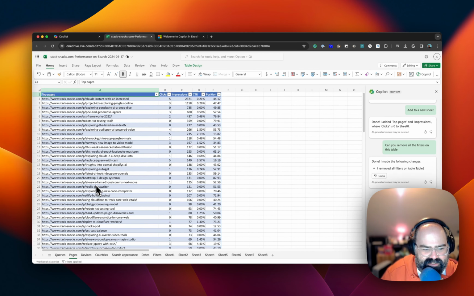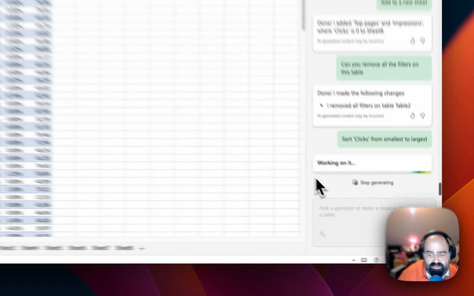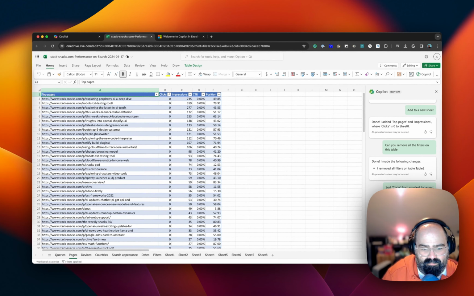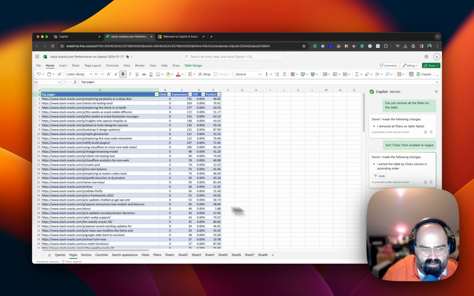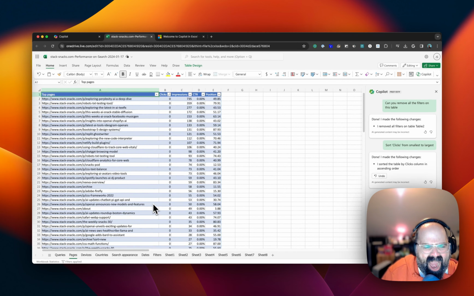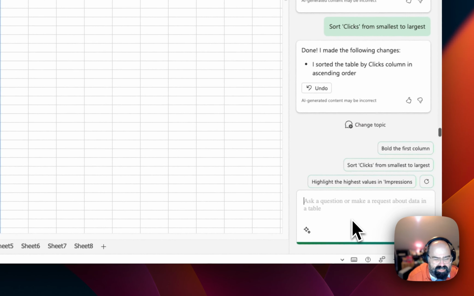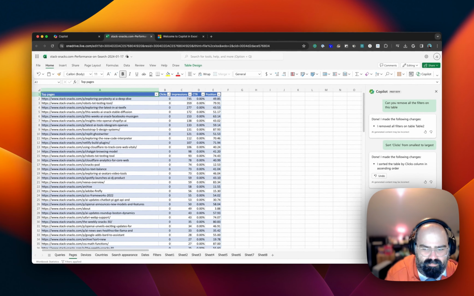Yeah, I mean, this is a sucky data set, but let's see if we just get... Okay, sort by clicks. I like that it gives you some suggestions. So I got all my 0 clicks right here. Let's ask it some, like, I want it to kind of help me rather than just